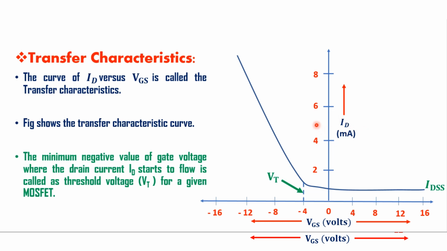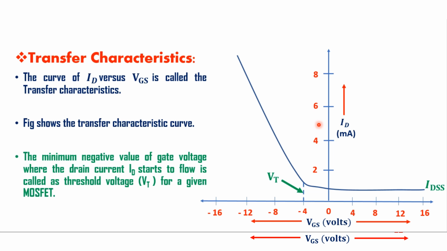When the gate is at negative potential with respect to the source and the substrate is connected to the source, the gate layer is negatively charged. Therefore, an equal and opposite charge is induced at the upper surface of the substrate. Thus, the region between the drain and the source will contain a sufficient number of holes, and an electric current, that is drain current, now flows between the drain and the source. So a larger and larger negative gate voltage attracts more holes near the surface, and this will enhance the current from drain to source.